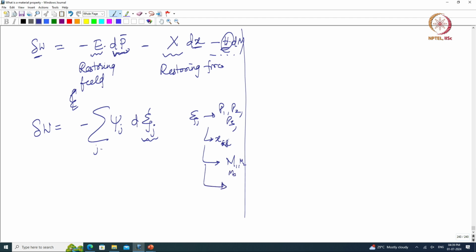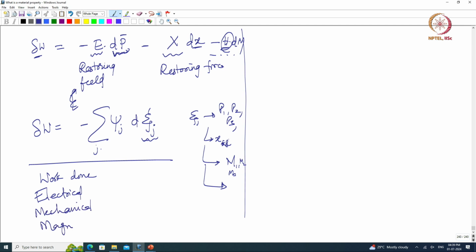So, any sort of all these are actually work done, right. So, the electrical work, the mechanical work, the magnetic work, all these come under this general formula, right, for delta W. Okay. So, now we are going to rewrite our equation as so